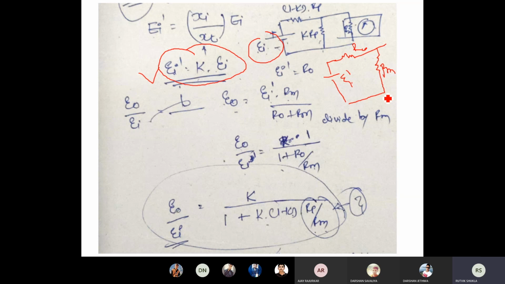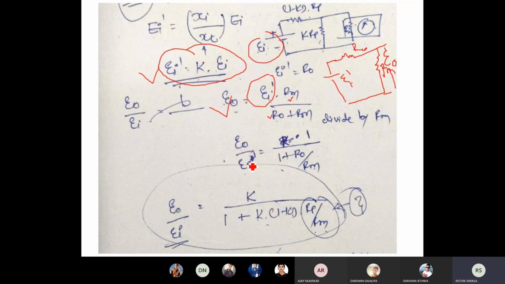Now looking at this circuit, again our interest is we have to find out the EO, that is the output which you are getting across the RM. So the equation is just by applying the voltage divider rule, EO is given by your excitation, that is EI dash, multiplied by that particular resistance, so that is RM, divided by the total resistance, that is RO plus RM. Very simple equation, or a simple voltage divider rule. ક્યારે કોઈ પણ voltage divider rule એમ કહે છે જ્યારે કોઈ resistance ને acrossમાં voltage જોઈએ તો input excitation multiply by resistance divided by the total resistance. તો આ જ equation નો ઉપયોગ કર્યો છે.